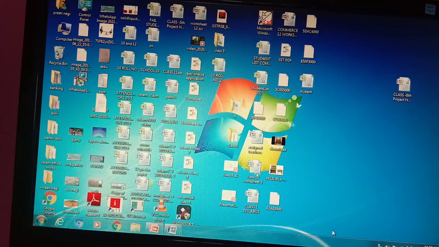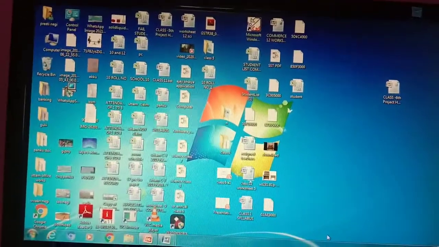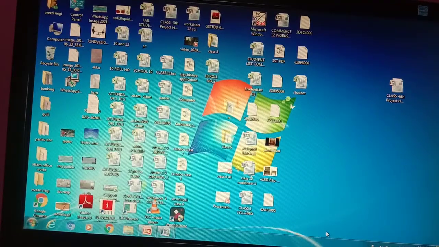Your Windows versions are very upgraded now. They are updated from the previous ones. Many types of Windows versions are updated year by year, and Windows 7 is one of the most updated ones.